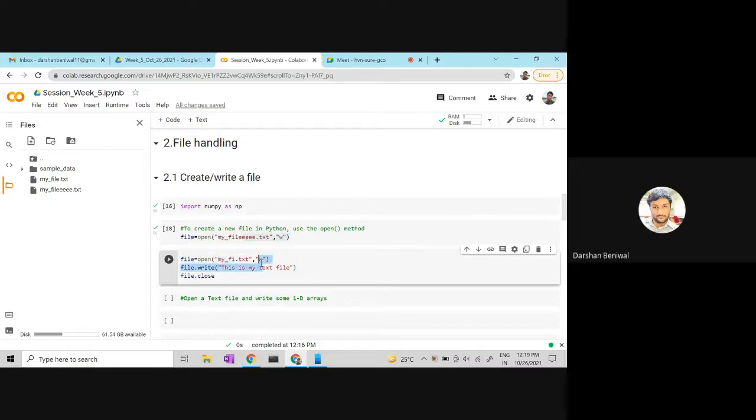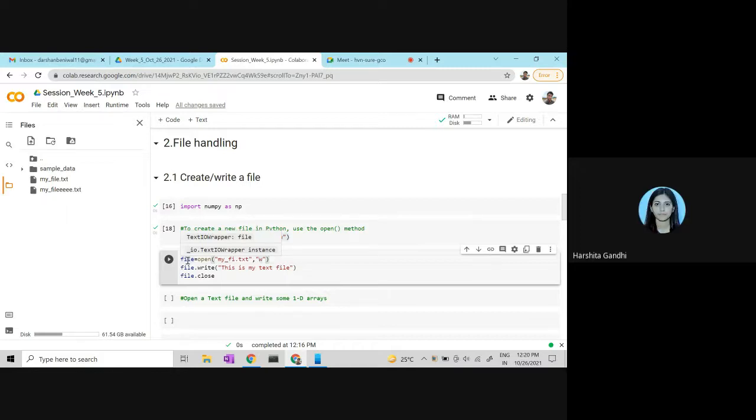The command says only W, not write. Suppose there are two files open, I would say that there are two files here.